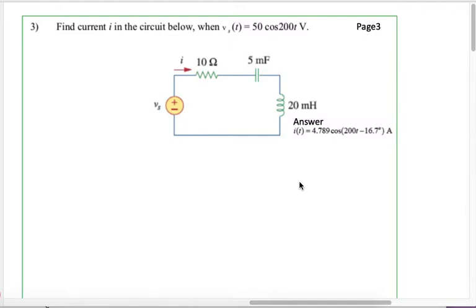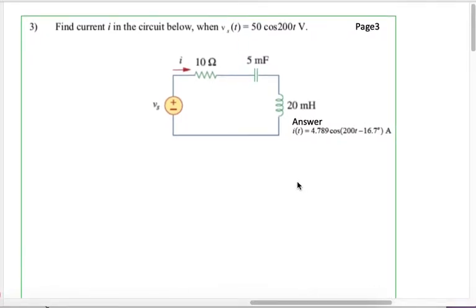Assalamualaikum and good day. In this video, I will explain the solution for tutorial 5, question number 3. So this is the question given, and as you can see here, the circuit in this